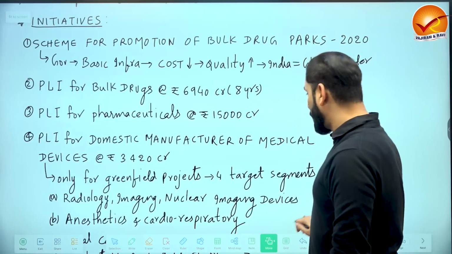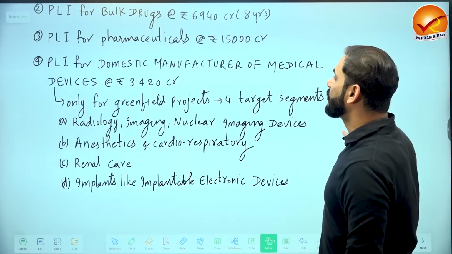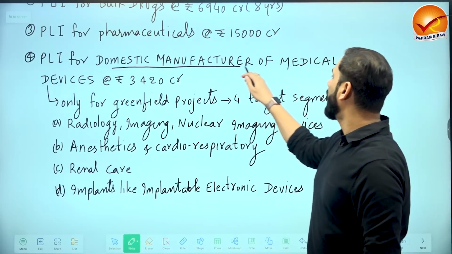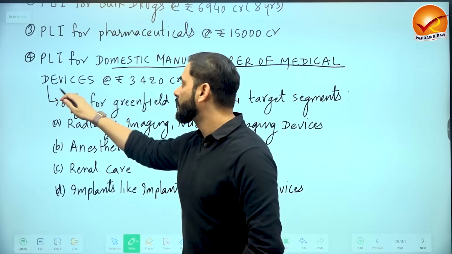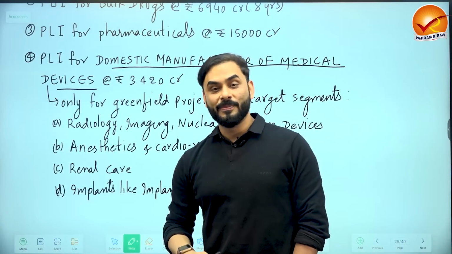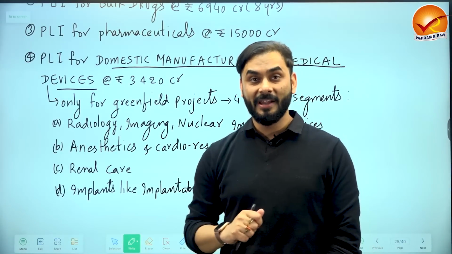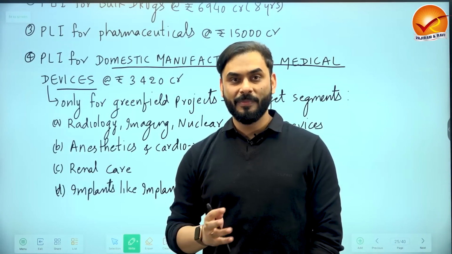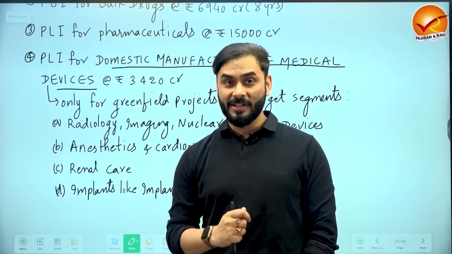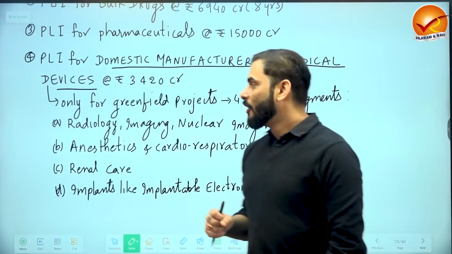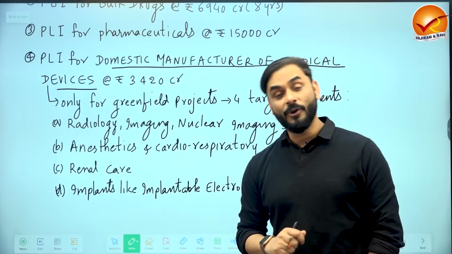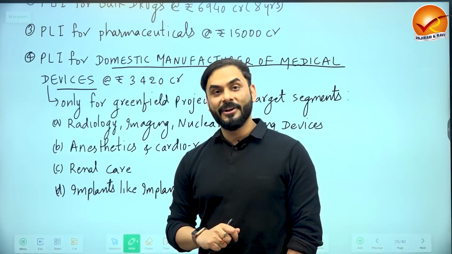Then we have a third production linked incentive scheme, which is production linked incentives for domestic manufacture of medical devices. So guys, during COVID, what did you observe? A lot of medical devices were in great demand. Ventilators, MRI machine, X-ray machine, oximeter, thermometer, nebulizers, all these things. These are medical devices. So the government of India has allocated 3,420 crore for production linked incentive related to medical